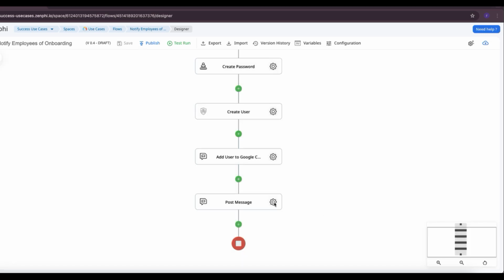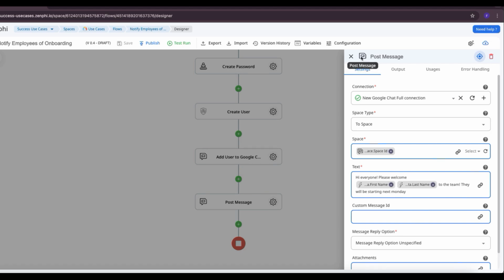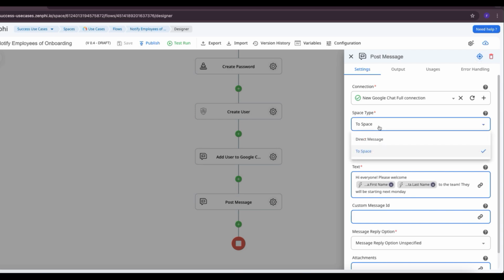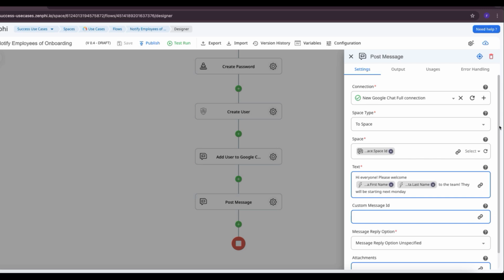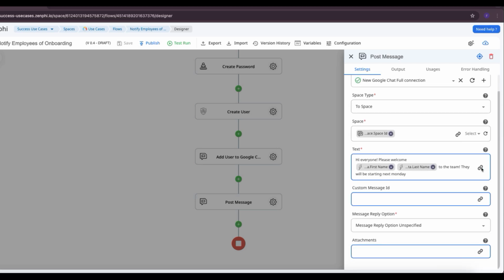And now last but not least, we want to make sure that we notify the team that we have a new member joining. So all we have to do is post the message. This is the post message action, also for Google Chat. So once you set up your connection, here you can select if you want to send the message to a specific space or to a user using a direct message. So all you have to do is add the space ID, which you can get from the previous action. As you can see here, you'll see it as a suggestion. Here you can add the tags, you can even add attachments, and feel free to use the token picker to make it customized. So here we're making sure that we add their first and last name